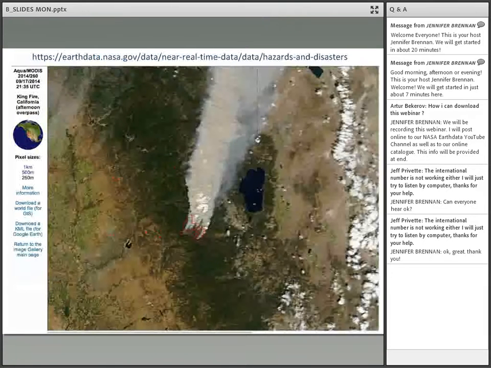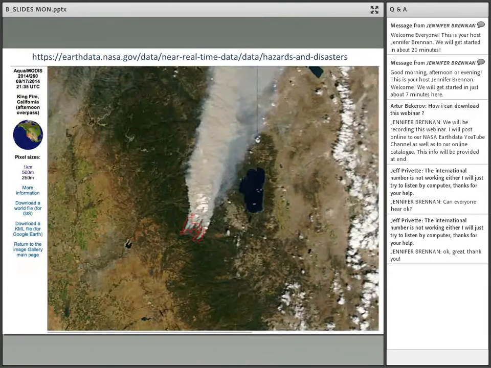Okay. I'm going to talk a little bit now about MODIS Rapid Response. We've already mentioned Rapid Response. It still continues to be available through LANCE. This is an image from the gallery, the Rapid Response gallery. It highlights interesting events and phenomena. So this MODIS image is of the King Fire, which is